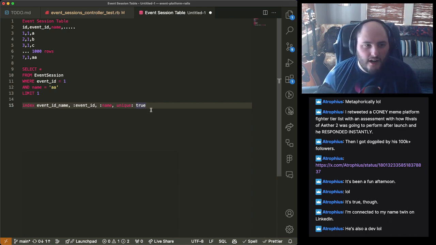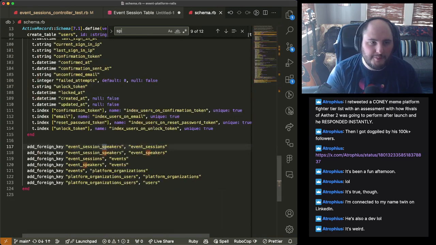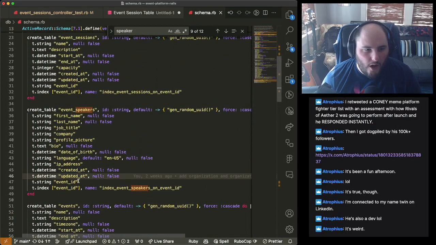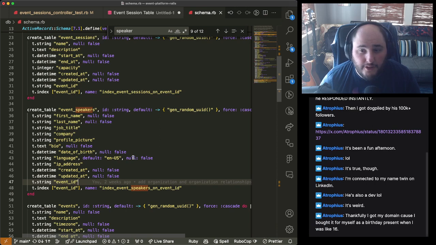Now, while this event name, event ID rule is good for our session schema, it might not be good for our speaker schema. If we look for our speaker table real quick, event ID is a good one, but we don't have other personally identifiable information on this record. That's kind of problematic. We just don't have the uniqueness constraint on it. So what I actually think we should do here is, speakers do have emails, and we just decided not to store it before.